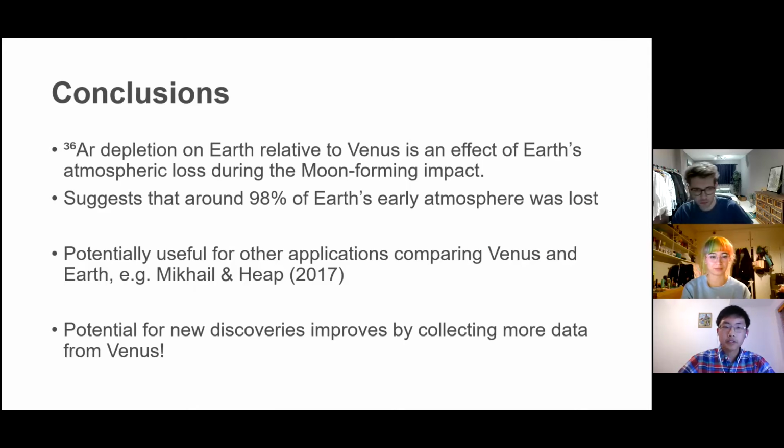McHale and Heap did a study on Argon ratios as a proxy for volcanic degassing on Venus and Earth, and they found that the rate of volcanism on Venus was about, I believe, a third of the rate of volcanism on Earth in total. So there is definitely potential for new discoveries here, but in the case of Venus, to